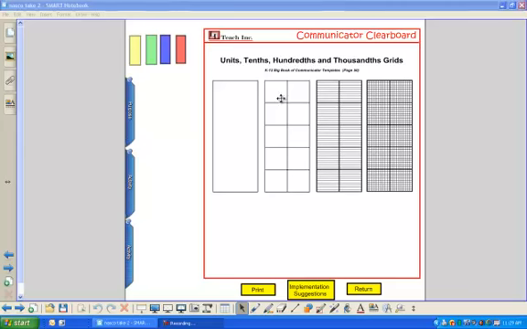And then you can transfer over this template, because here you have your unit. Here I took that unit and divided it into tenths. Here I took each tenth, divided it into tenths, and that's why these are hundredths. And then I took these and I made those into thousandths. So again, make sure that the kids have their own communicator, and make sure that the kids have their own template. The best way to do this one is to put the communicator on top of the template